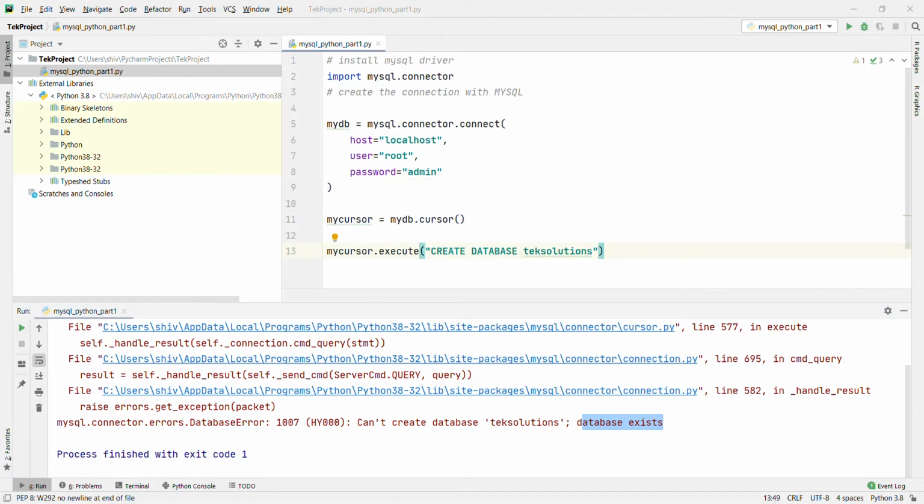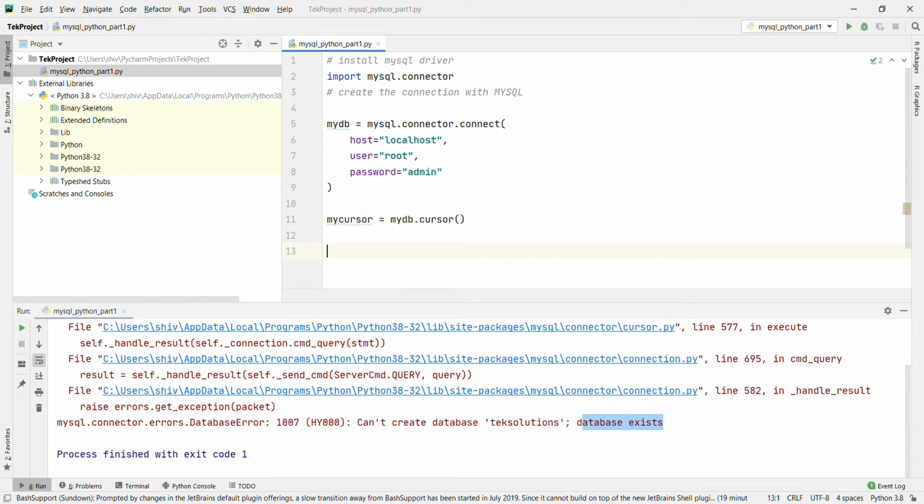Now I am going to show you how to check if the database exists or not. You can check if the database exists by listing the databases in your system using the show databases statement. I am going to remove this and use mycursor.execute, passing show databases.